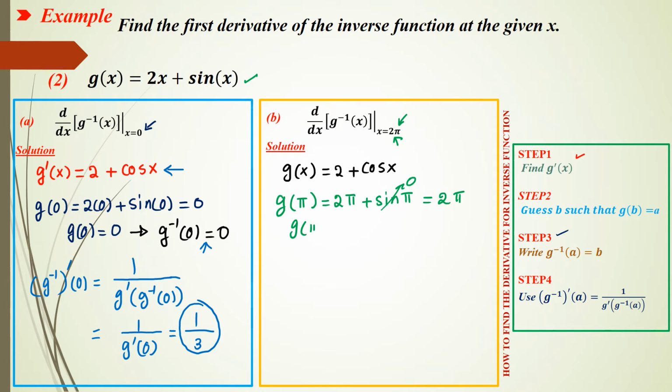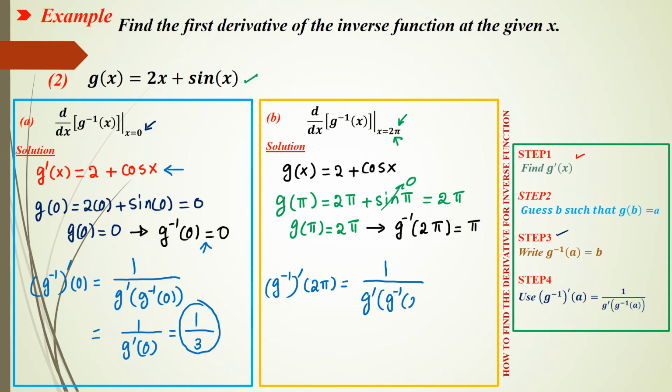So g of pi equals 2 pi, and this is step 2. Now in step 3, you have to rewrite this as g inverse of 2 pi equals pi. Now the last step, you have to find the derivative of the inverse function at x equals 2 pi. So you have to find g inverse prime of 2 pi, and this equals 1 over g prime of g inverse of 2 pi,